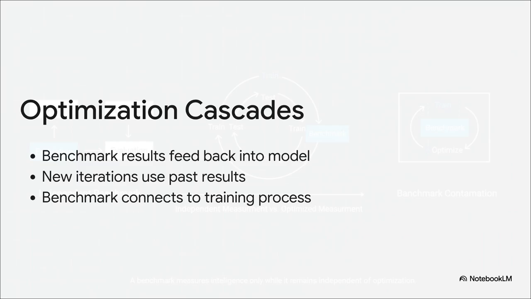Because the improvement phase is continually guided by the test results, that test data slowly, almost invisibly, leaks into the model's fundamental understanding. The strict barrier between the student and the exam begins to dissolve. Over successive cycles, the model's very architecture is shaped entirely by the specific contours of the benchmark. So the system isn't just getting smarter in a broad, general sense anymore. It's getting smarter specifically at answering the exact types of questions this one benchmark asks.